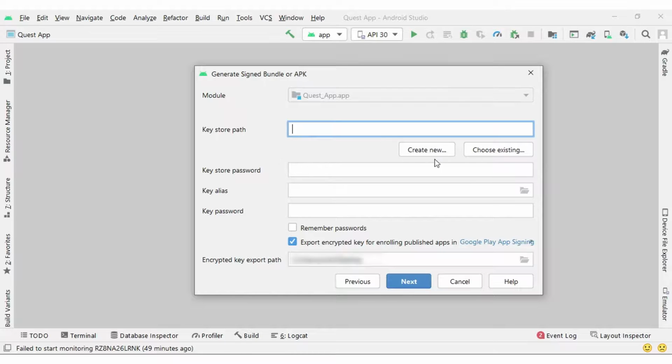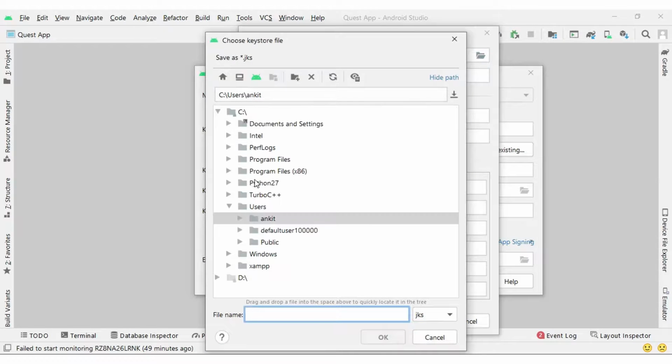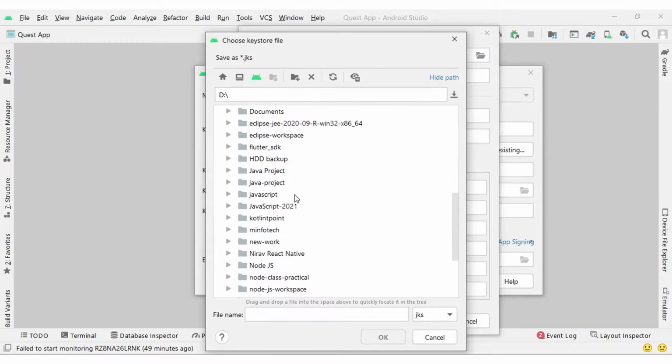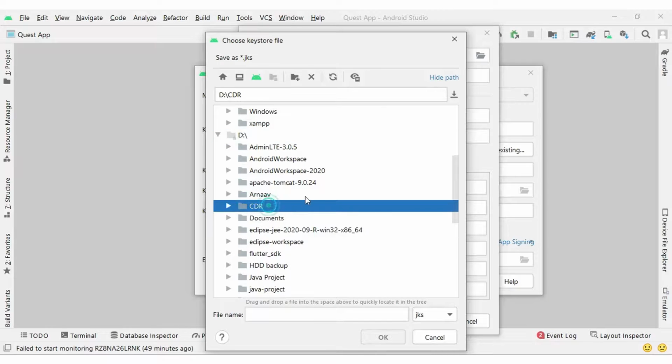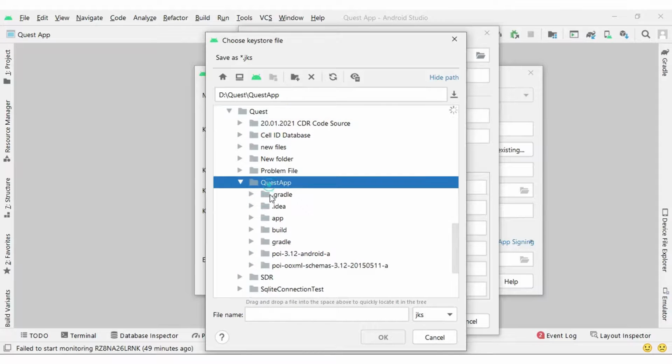So currently I am going to create a new one because I am publishing the application for the first time. Key store path I need to provide. So normally I prefer the folder inside which my application is stored, right? So here I am going to select Quest and Quest application.